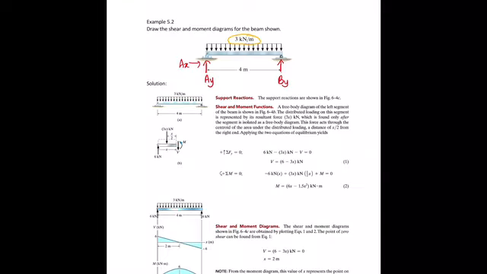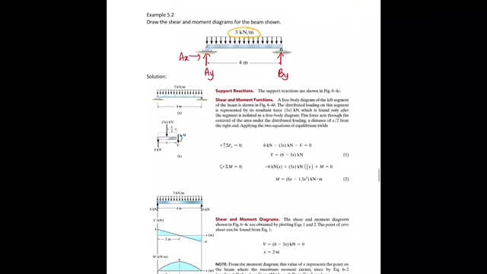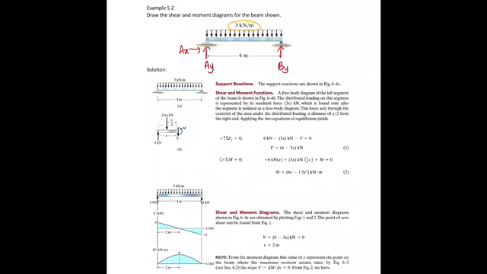So for this one, same, you need to calculate the support reactions. The solution did not give you how to calculate the support reaction, so you have to calculate by your own. Since they don't have the symbol of the cutting, you can start from A or you can start from B, it's up to you. This is a UDL, so you need to know how to solve for UDL. So take a look at the solutions given. They already calculated the 6 kN support reaction,